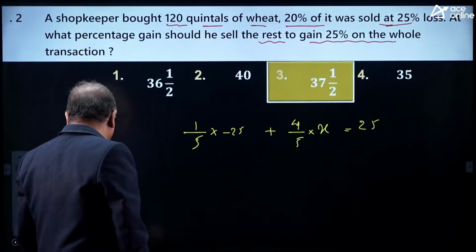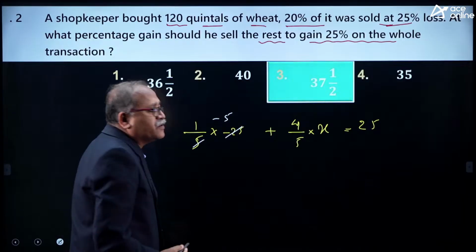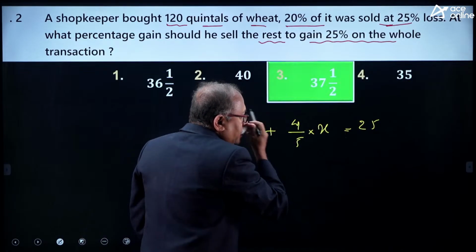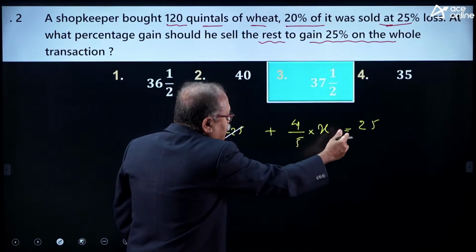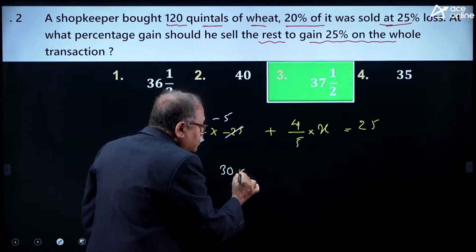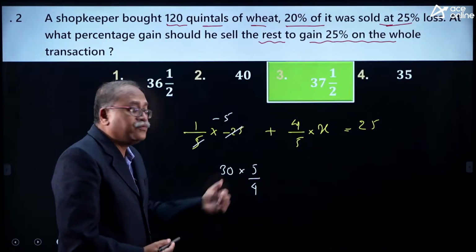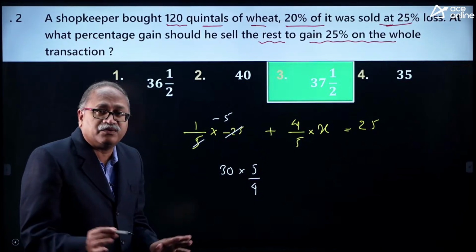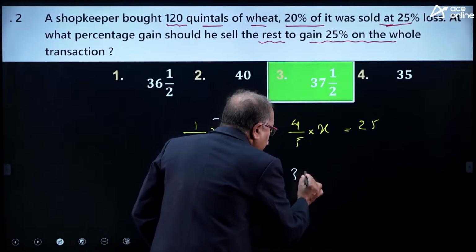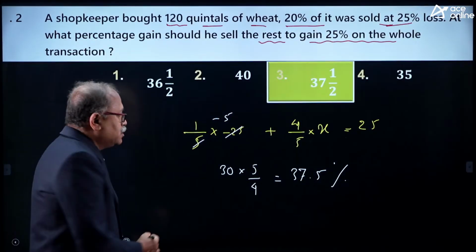Aman, hope you must be very clear on this kind of question. This is minus 5. When I take the minus 5 to the other side, it becomes plus 5, and that comes to 30. 30 into what do I get? 30 into 5/4, right? Now here 15, 15, 5, 75, 75 divided by 2, that comes to 37.5. So 37.5% is the value of X. X is equal to